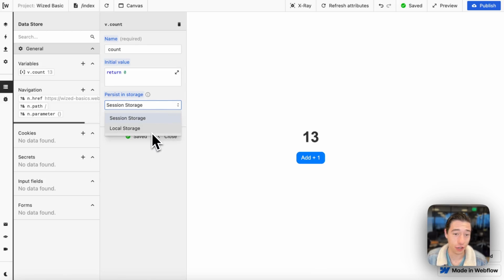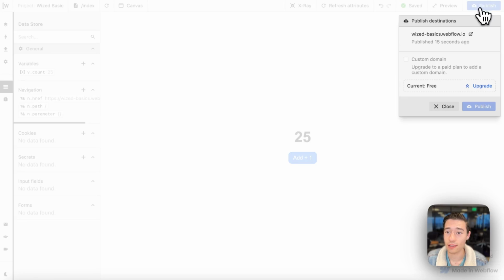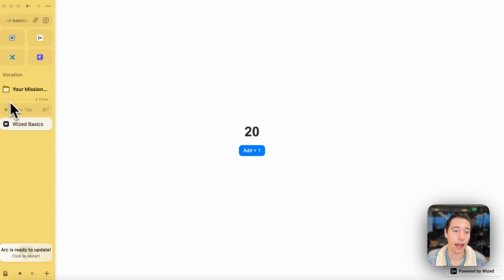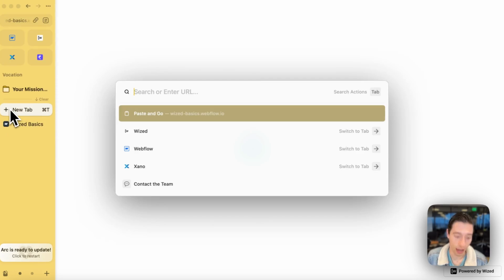Now, if you want to save this for ages, you want to update the variable that is dependent on this value, in this case the count variable, to local storage. That way it is stored directly locally on the computer, and you can open this tab in 5 weeks if the cookie didn't expire, or if the variable didn't expire, and it will still show the same. And you can open it in a new tab, and let's do this in this tab here. Let's go. And if I were to now copy this link and open it in another tab,